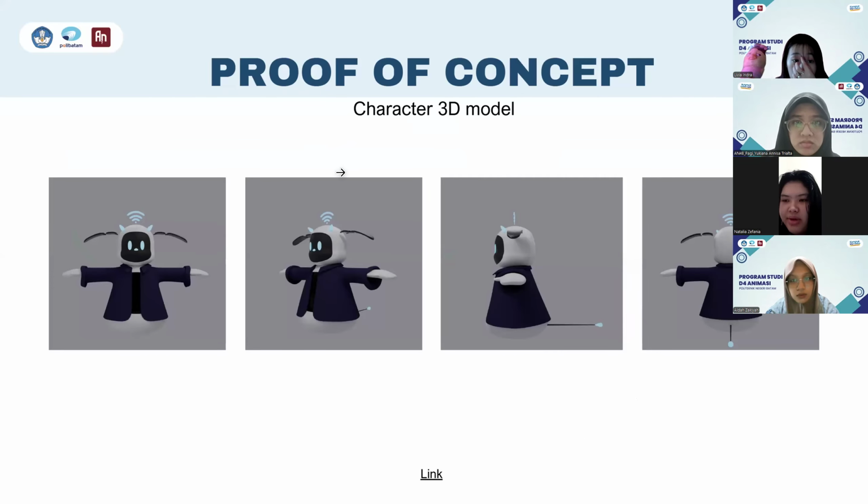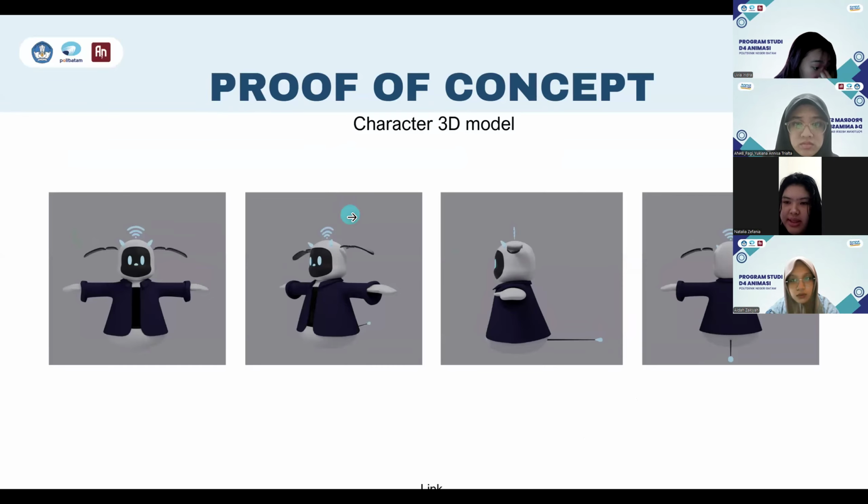So here is the 3D model of Kale made in Blender. The process started from blocking the basic shapes, then we moved into modeling the details, and finally cleaning up the mesh topology. There are also a few modifications from the original concept. First, our project manager suggested adding a thumb to Kale's hands so the character can make more expressive gestures. And second, the Wi-Fi logo on top of Kale's head can now glow, making the character more lively and more technological. Next.